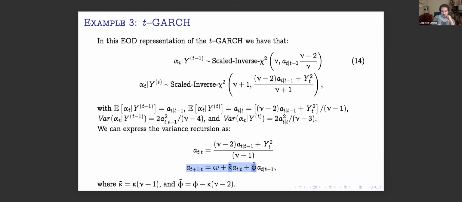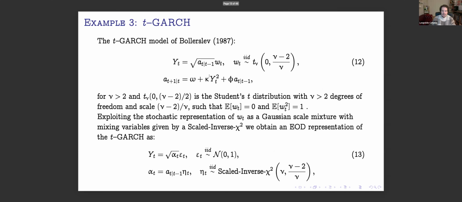However, now this volatility recursion here is expressed in terms of filtered and predictive estimates, and this closely resembles what we have, for example, in the Kalman filter. So in the Kalman filter, this term would not be there. We would only have these filtered estimates. And this can be obtained under some conditions on this k parameter here, which is the one associated to the square returns in the